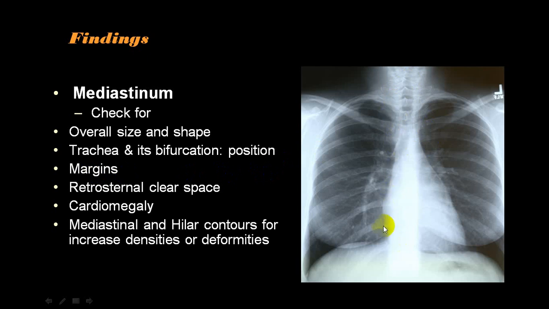This we call the right margin, this we call the left margin. And in a lateral view, the retrosternal space, post-cardiac space, look at the mediastinal hilar contour, density, and whether there is any abnormality in the hilum. All these things should be looked at.